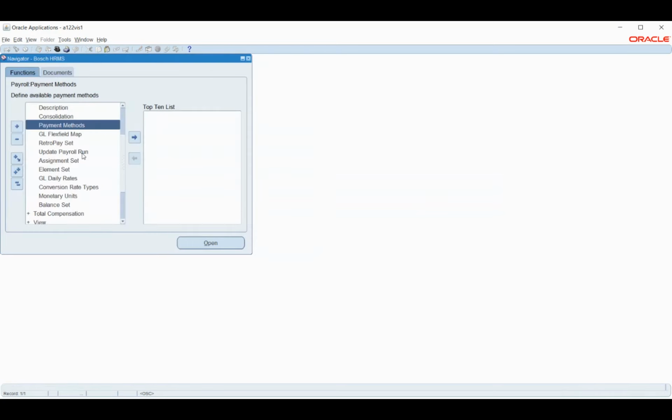Okay, so we are done with payment method. So next thing what we will do is create the payroll entity. So I'll just say create.